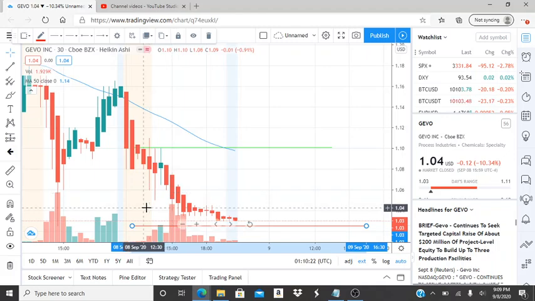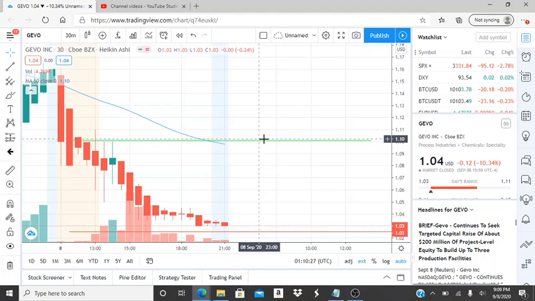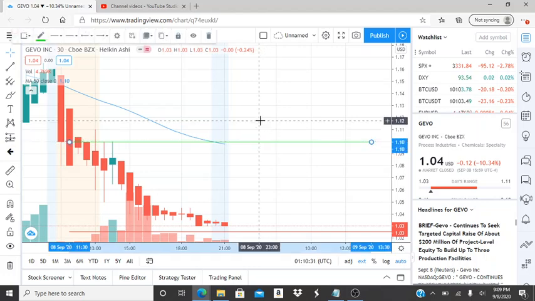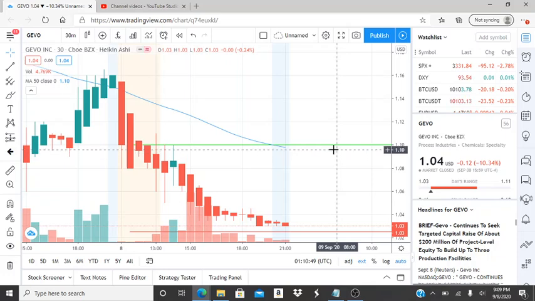So I want to use that as our support because that's the lowest point that we've seen. And then here's our resistance level, slightly above the 50-day moving average. Let's go ahead and see what that is exactly. If I can put this on its exact point, slightly above that. Just bear with me one second, guys. Land this on the right point. All right, there we go. That's our resistance. So the 50-day moving average is not that far away from that.